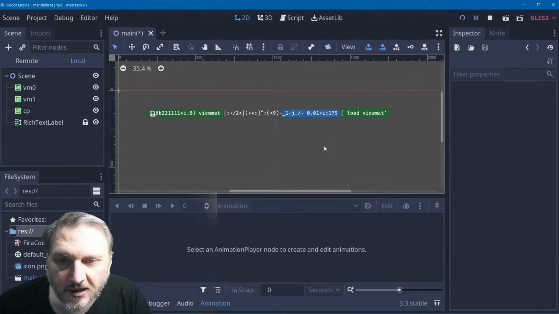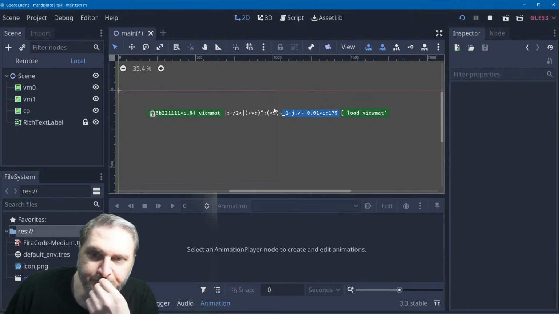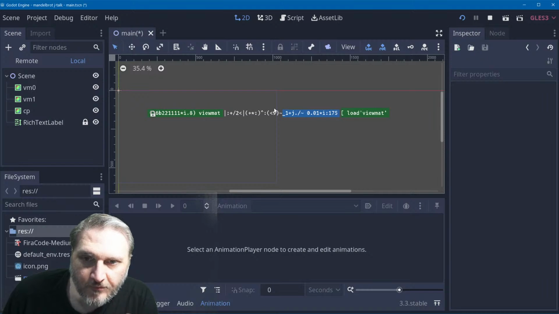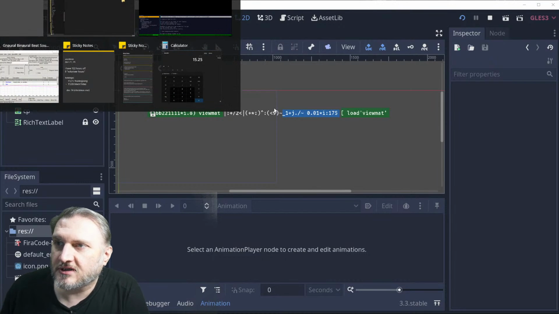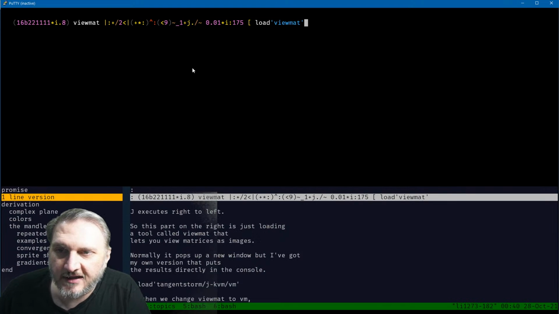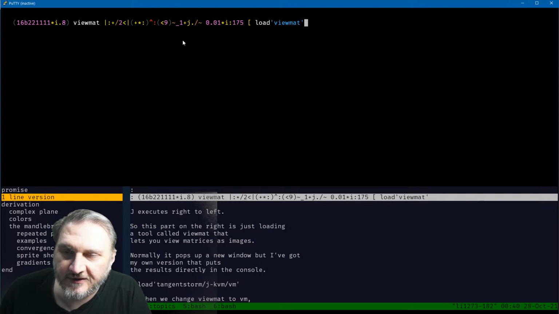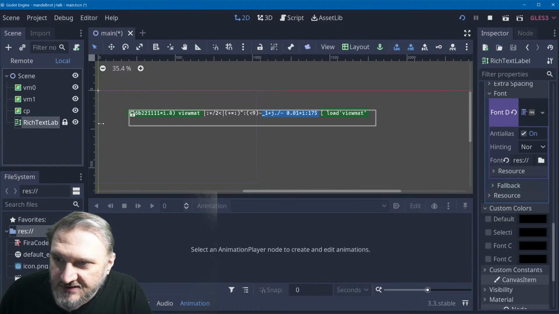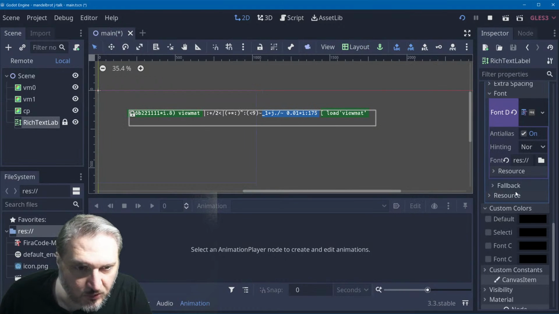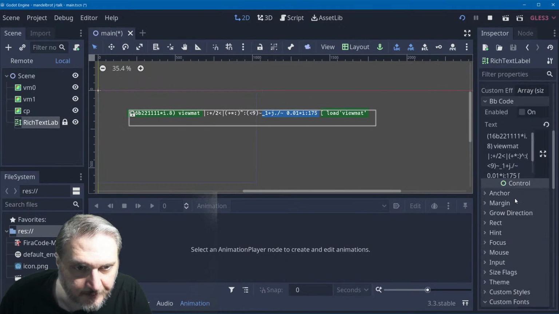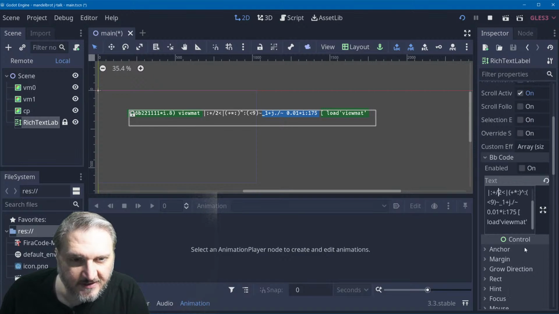I'm expecting to color code this in the text part too. So I've got this line here, and it's color coded here. So I'm gonna write some J code in a minute to generate BB code. So it looks like if I go here, I can't move this, but I can go into the text here, and I can say like